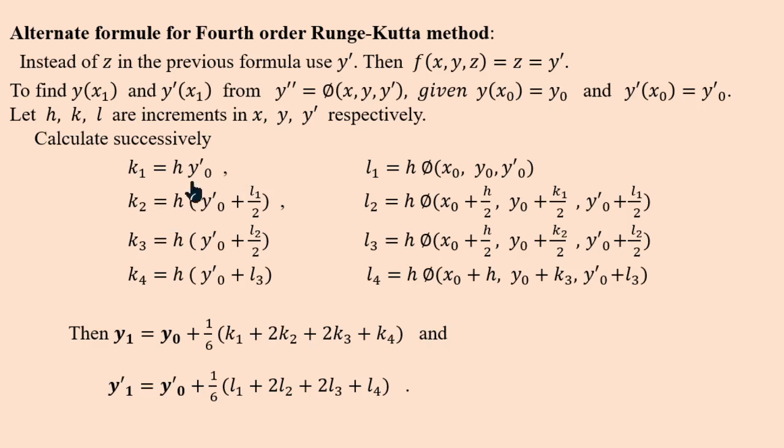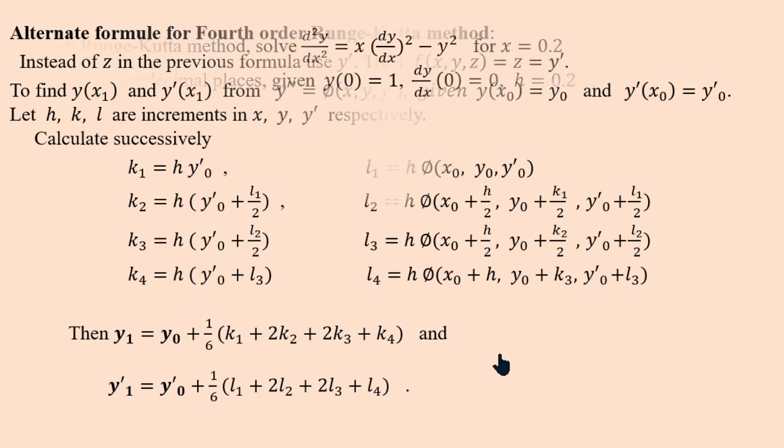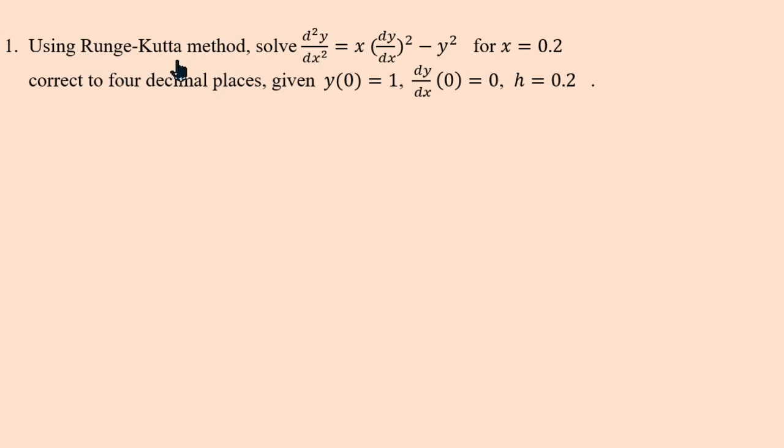Only thing is, no need to take the phi of in that formula. Directly use the z value, that is y naught dash plus L1 by 2, so that you substitute and simplify. Okay. Example. Using Runge-Kutta method, solve d square y by dx square equal to x into y dash square